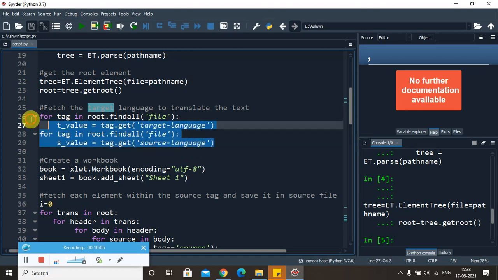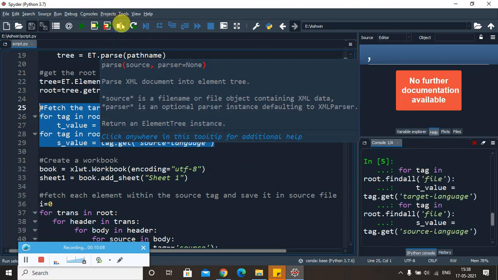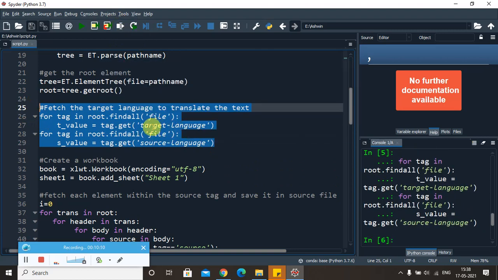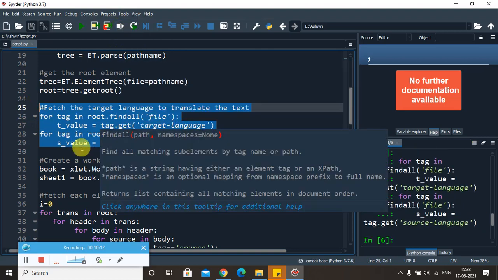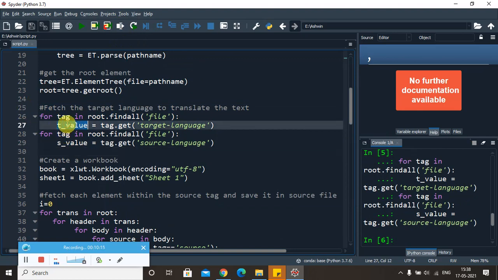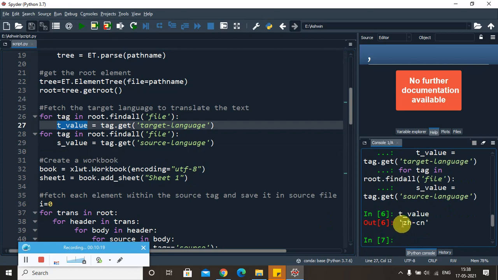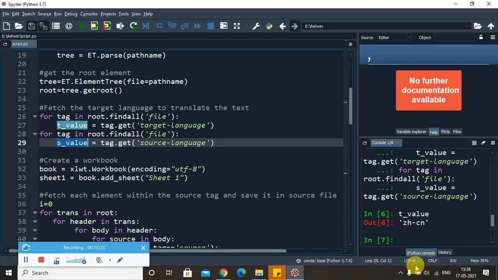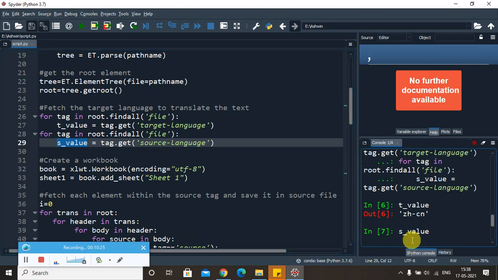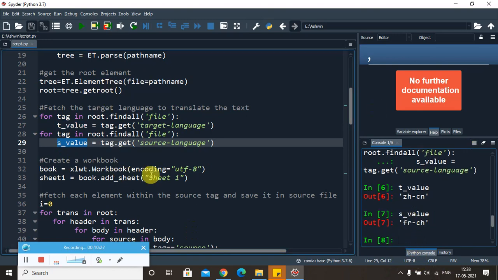Okay, once you do this, you are going to extract the target language and the source language, right? If you want to see the output, you can just print it here: zh-CN, this is Chinese, and the source value is the source language, and you can see it is French. Okay, so this is how we can retrieve the target language and source language from the XLIFF file.